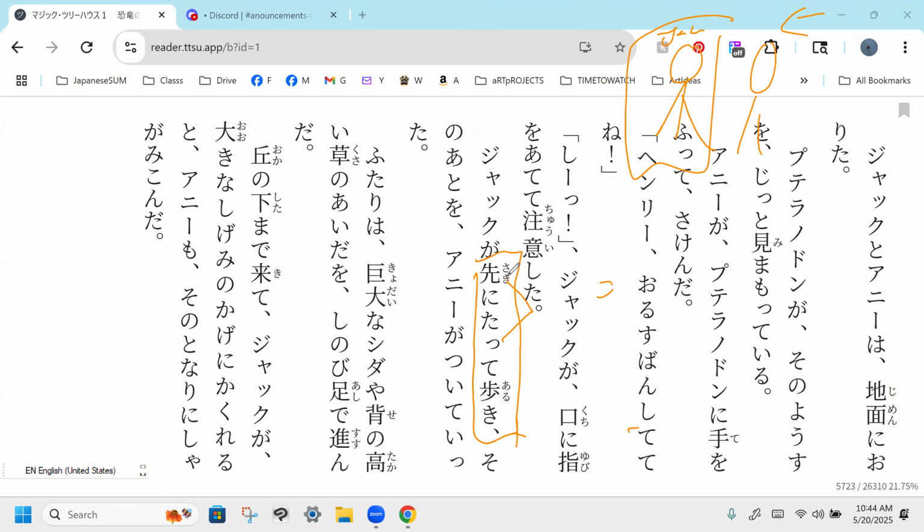So the saki ni tatsu part is just letting us know his positioning in comparison to Annie. One of them is in front, one of them is in back. In here we know that Jack is in front because of the saki ni tatsu. But if there wasn't a tatsu here, it definitely could have been earlier. Normally there wouldn't be a ni, it'd just be saki. Jack ga tatte aruki, right? It probably would start the sentence with saki. I mean, earlier, Jack was standing and walking. But because it's right next to each other, it's helping us know that these two are connected. Anyway, so Jack is in the lead walking. What else is happening? その後、Annie がついていた。